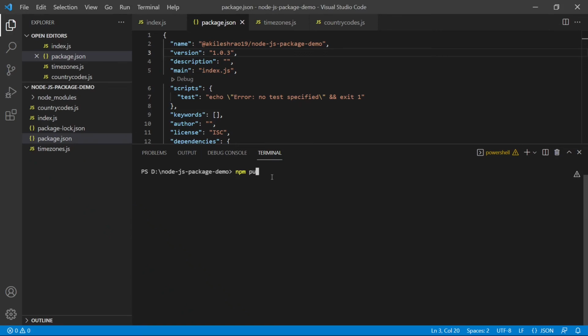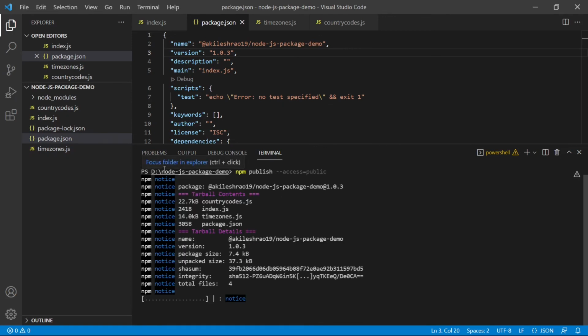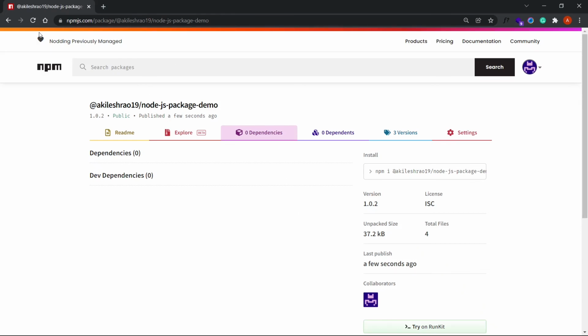So npm publish. Okay, so this is done. I'll come back to npm, I'll refresh this. Now there's one dependency here, and it should be moment time zone.